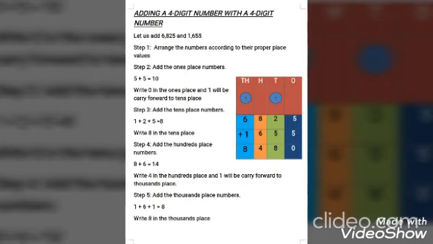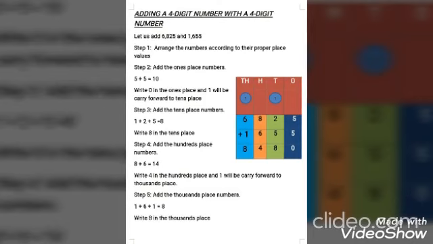Now we will add the numbers which lie under thousands place. So 1 plus 6 plus 1 is equal to 8 and we will write 8 under thousands place. So we have got the answer and the answer is 8480, and this answer is also known as the sum of an addition statement. Clear to all my dear children?